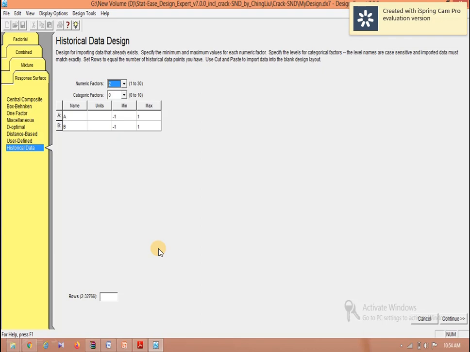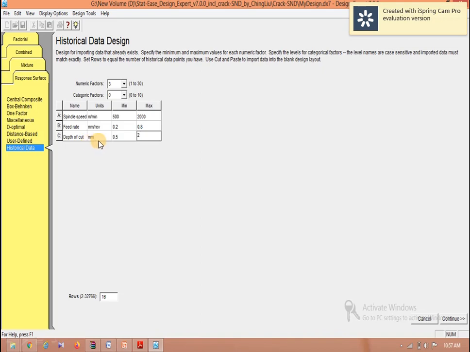Okay, so these are the terms we have to represent here in this page. I have provided the data as the number of numeric factors, that is, the number of input parameters considered, in this case 3. They are spindle speed, feed rate and depth of cut. Then their units have been represented here: meter per minute, millimeter per revolution, and the unit for depth of cut is millimeter.